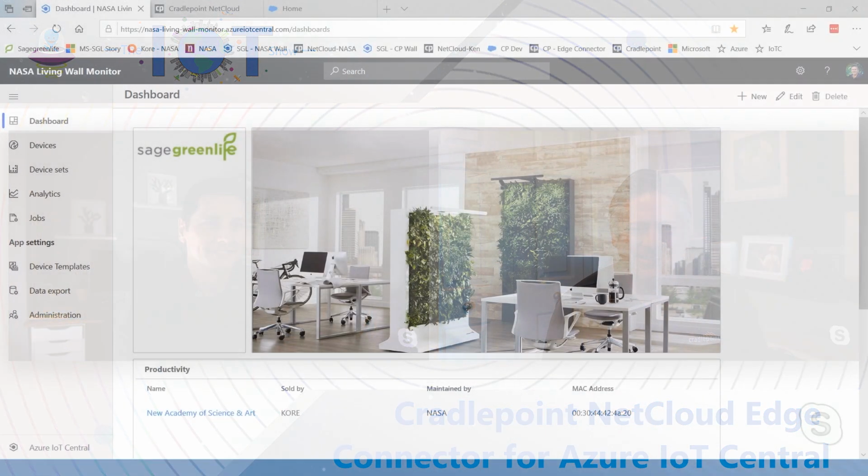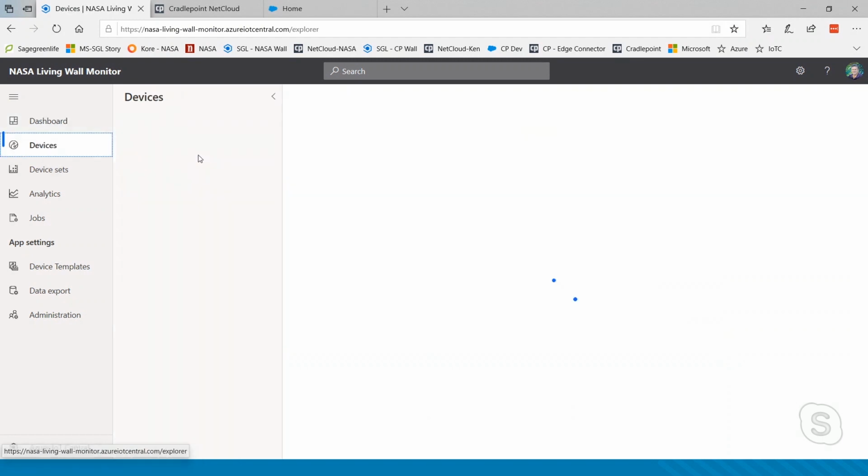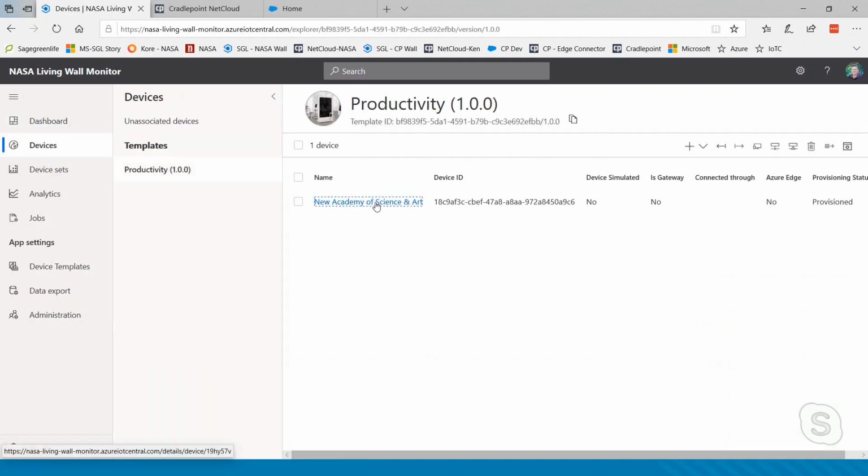Oh, so let's get started. Okay, so let's drill down into the actual plant wall. You can see on this list that this is the application that Sage Green Life developed using Azure IoT Central as a platform. And they created this very quickly. They were very happy with this. So this is the plant wall that Core donated to New Academy of Science and Arts. And if I go into that device, and I'll go this way, what I'll see is